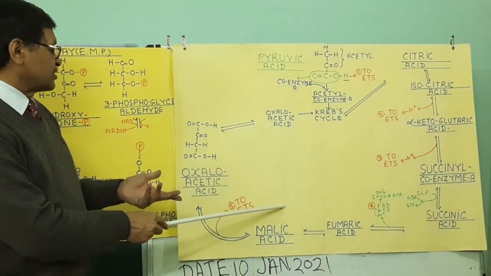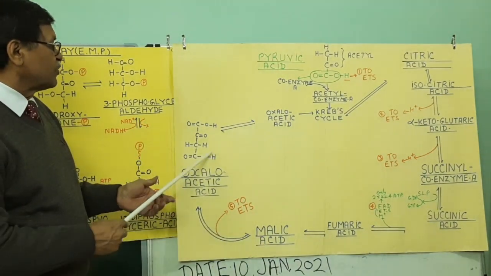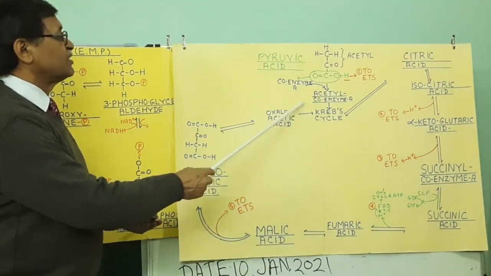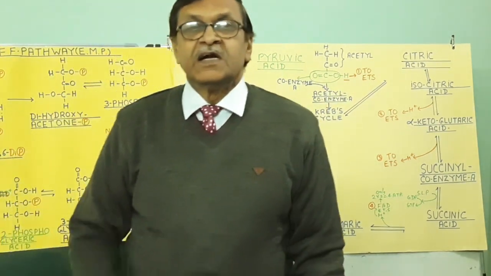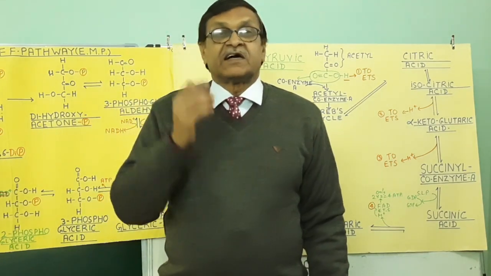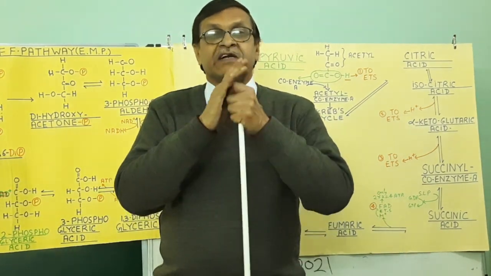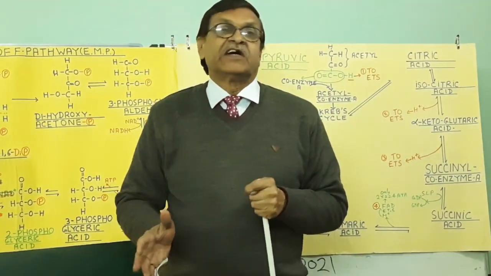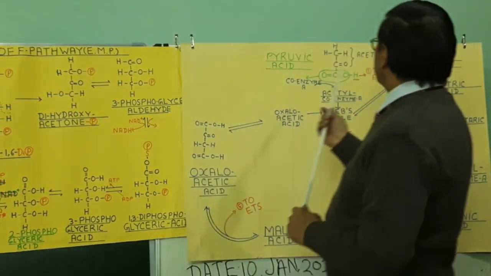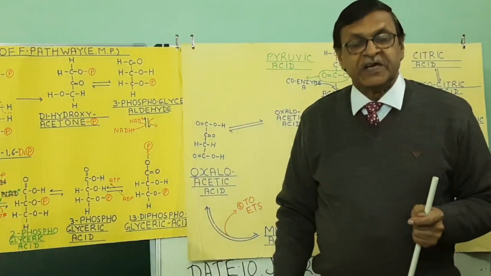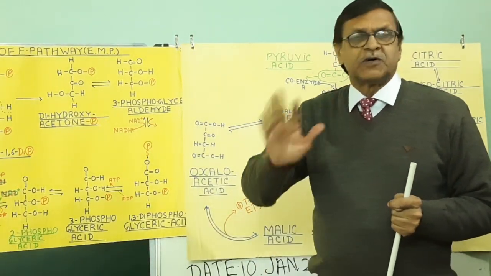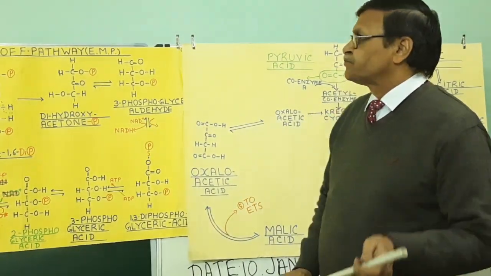which goes to electron transport chain. Oxaloacetic acid is formed and it again binds with acetyl coenzyme A to form isocitric acid. I would say once again that if you are very clear about the basic fundamentals, if you forget one or two steps in between, it is not going to make any difference. It is possible, so don't worry about that.